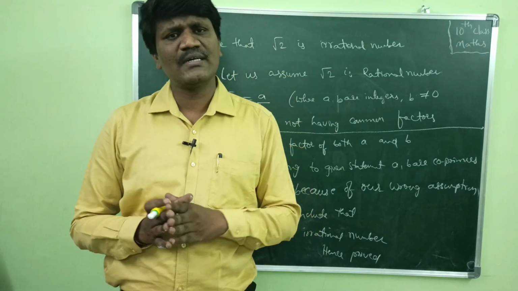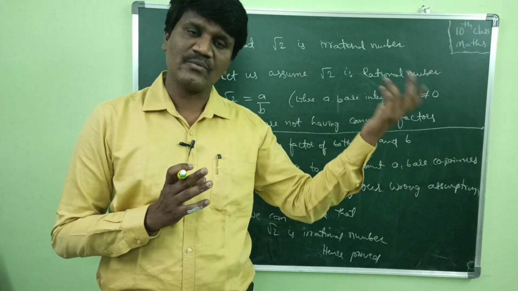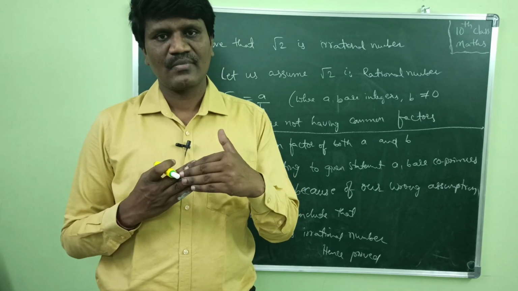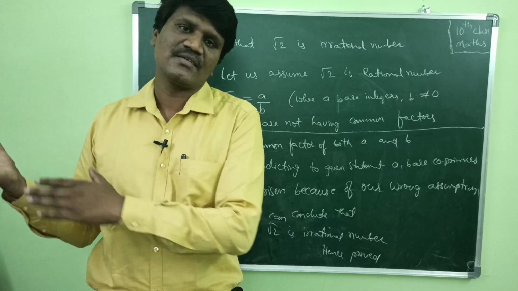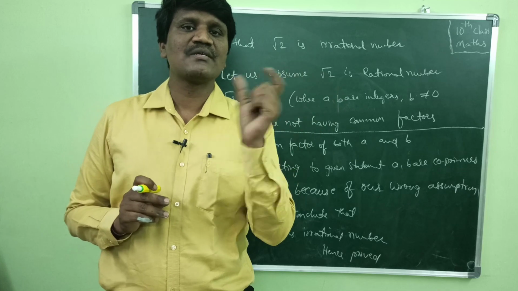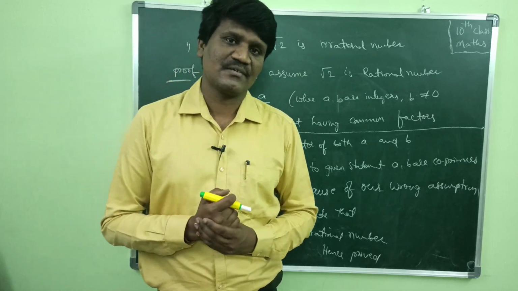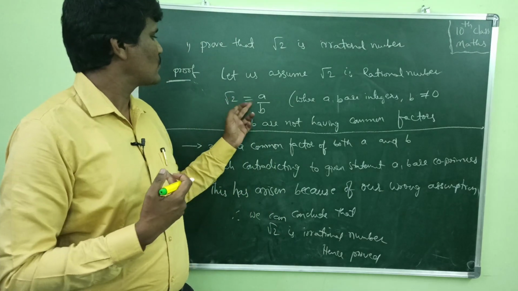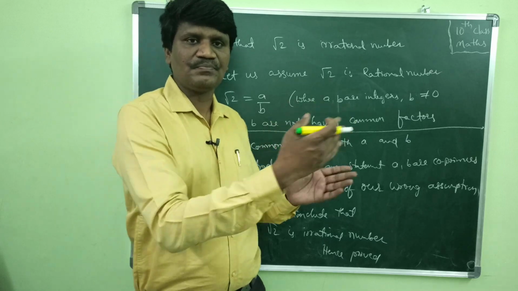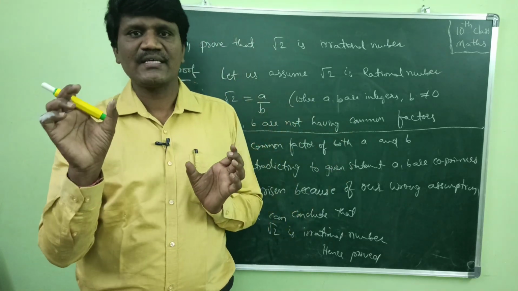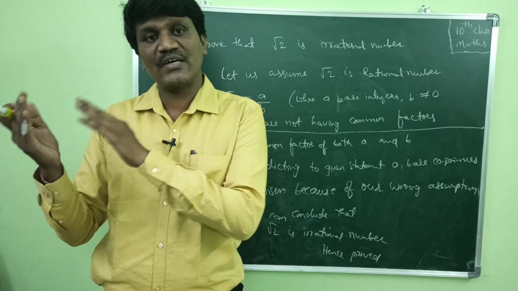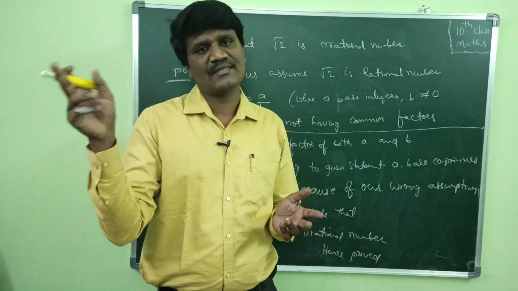So this is the method to prove any irrational number. First we should assume, by the contradiction method, that the given number is a rational number. Every rational number can be written in a by b form, where a, b are integers and b is not 0, and a, b are co-primes. Co-primes are two numbers not having any common factor. So root 2 is equal to a by b; squaring both sides, we get 2b square is equal to a square. So 2 divides a square, and from the previous theorem 2 divides a.